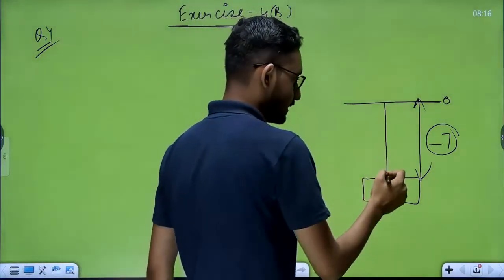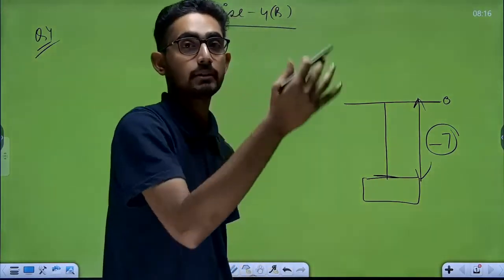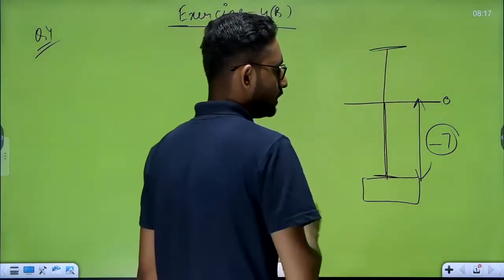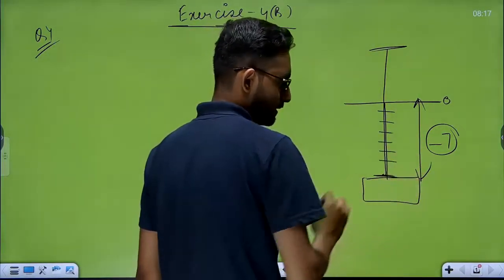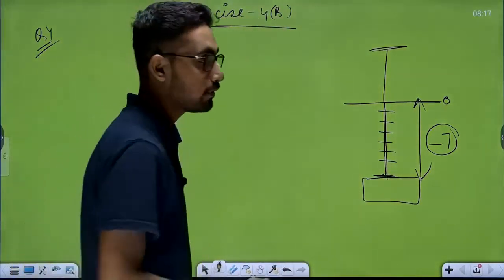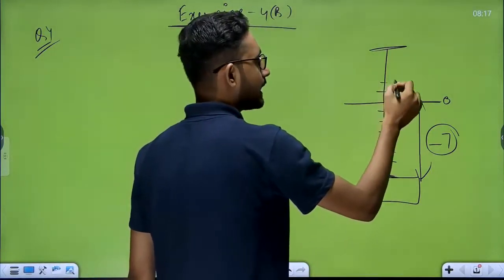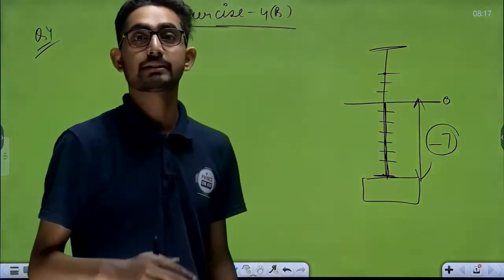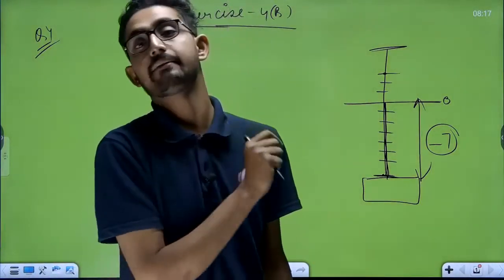From this point, from this base, 10 kilometer above, we can say this is the top. See, -1, -2, -3, -4, -5, -6, -7. Suppose this is -7. From -7, you have to count +10. Like this: 1, 2, 3, 4, 5, 6, 7, 8, 9, 10. This is your complete +10, because when you go upside, it is positive. When you go downside, we have to represent it with a negative integer, correct?